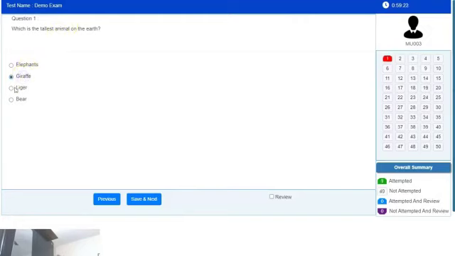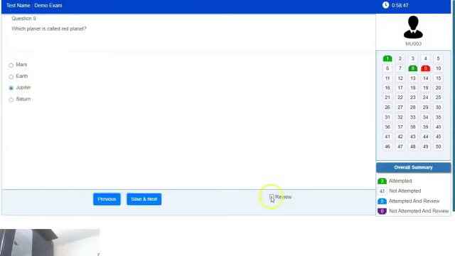On the screen, you will see the text associated with the question along with its suitable multiple choice answer options. You need to select the suitable multiple choice answer option and click on the save and next button. You can also click on any of the buttons available for the question for navigation. The system will save your answer automatically. Irrespective of whether you are clicking on the previous or save and next button, the system will continuously save your records all the time. You can save and move to the next question using the save and next button, and you can move to the previous question using the previous button.